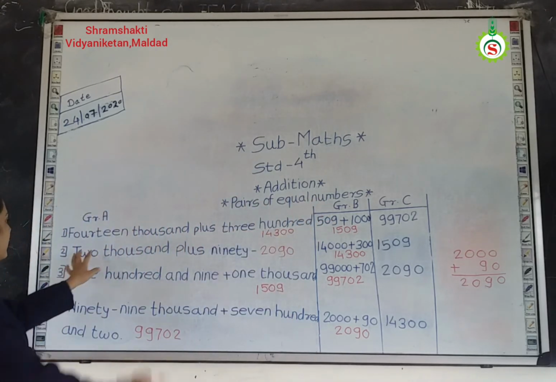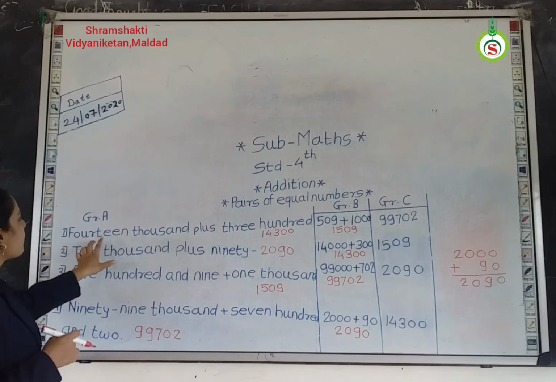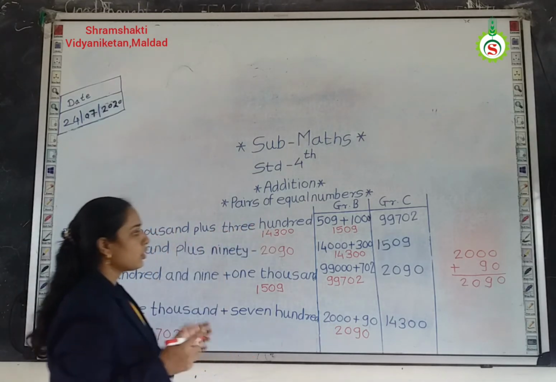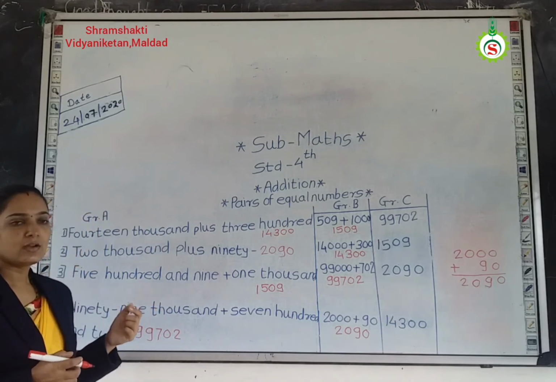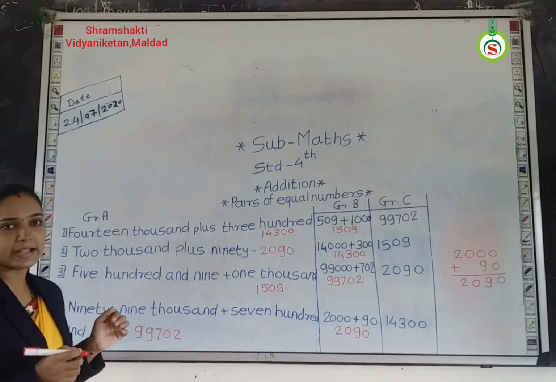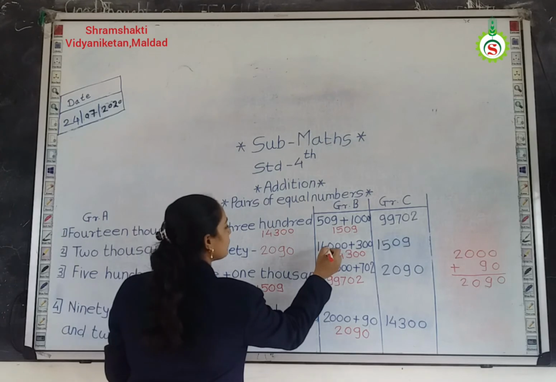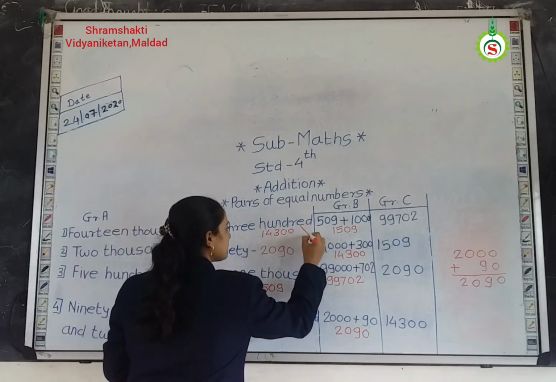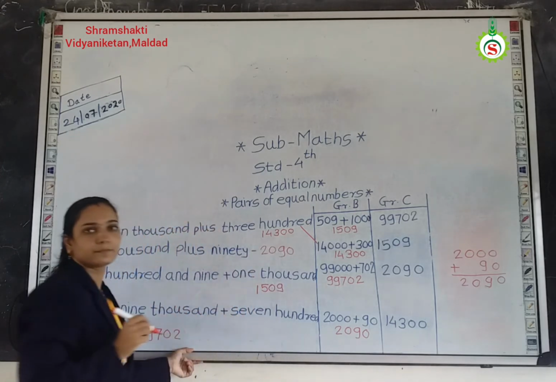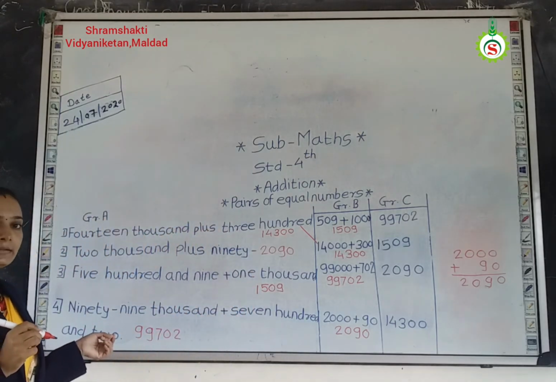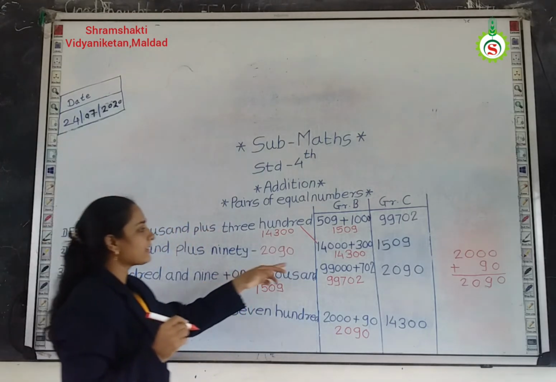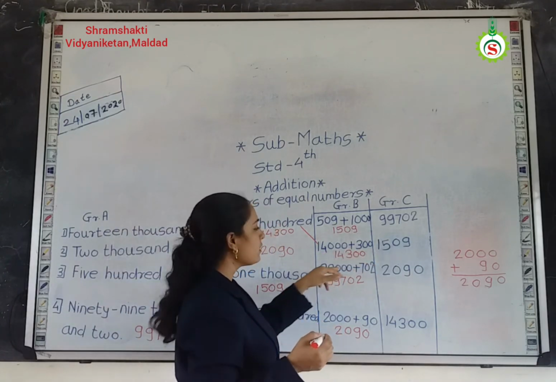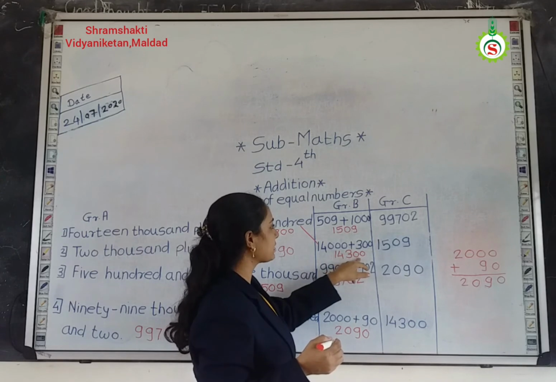Students, look here. Here given is 14,000 plus 300. Where is this addition? 14,000 plus 300. Here, look, 14,000 plus 300. Give this a pair. Do you understand? Okay. Now next, 14,000 plus 300. How many? 14,300. In this